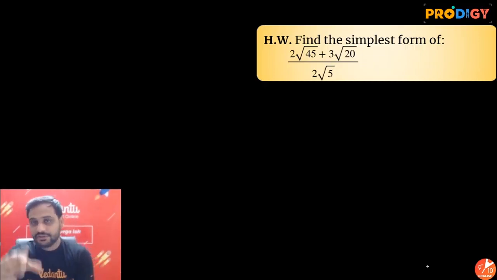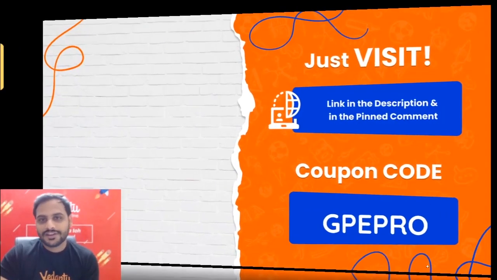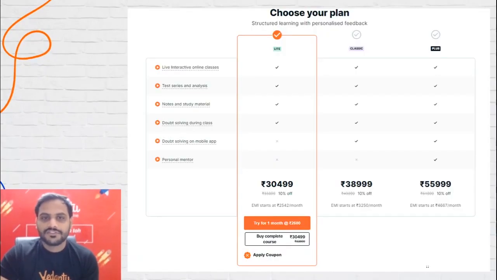If you remember, I have given you even a homework question, बताया था. This is the homework question, all right? So please let me know in the comment section what will be your answer for the homework question, and I'll write the names of those students who have done the homework correctly. All right, beta. So this is all in today's class.